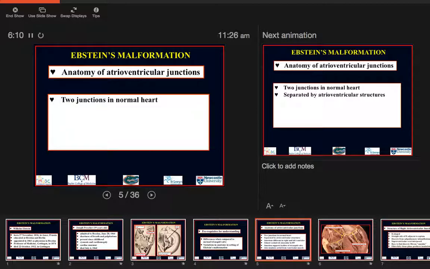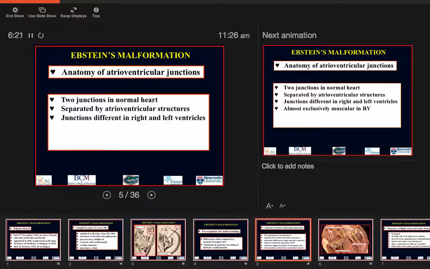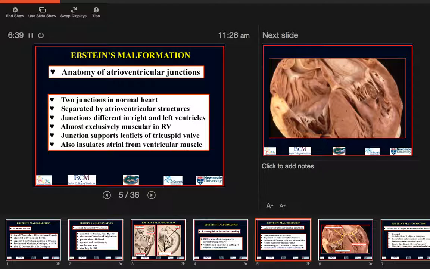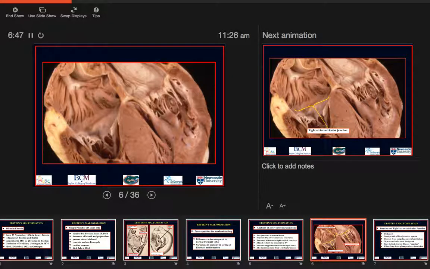So if we look at the normal tricuspid valve, we established yesterday there are two junctions in the normal heart, separated by the structures that we saw were lacking in the setting of atrioventricular septal defect, and they're fundamentally different between the two ventricles. And the junction we're concerned with today, the tricuspid junction, is almost exclusively muscular and supports the leaflets of the tricuspid valve. And as we've also emphasized, within the atrioventricular junction, there is fibroadipose tissue that insulates the atrial from the ventricular